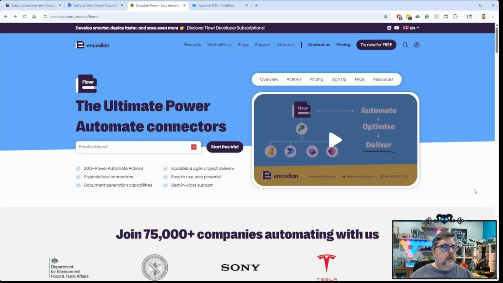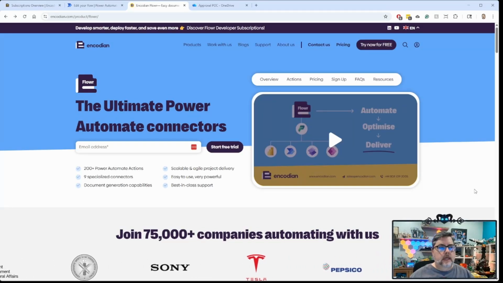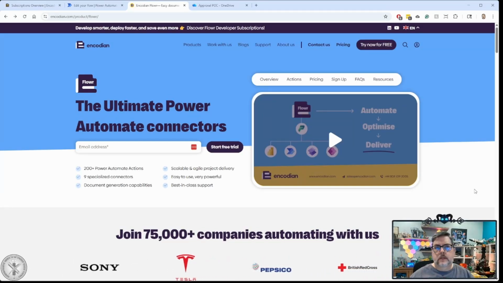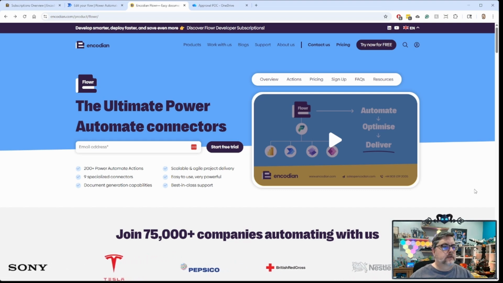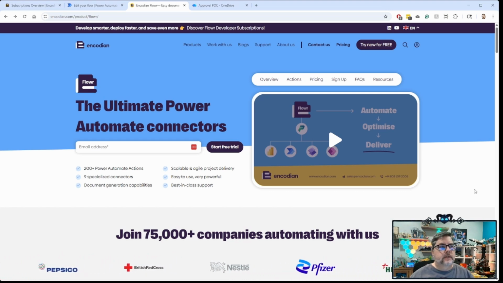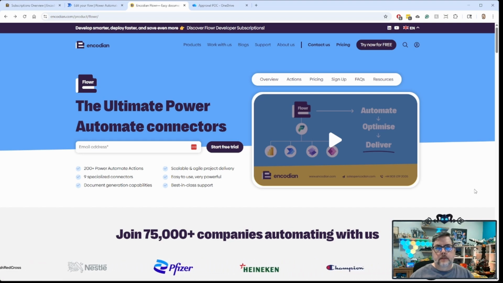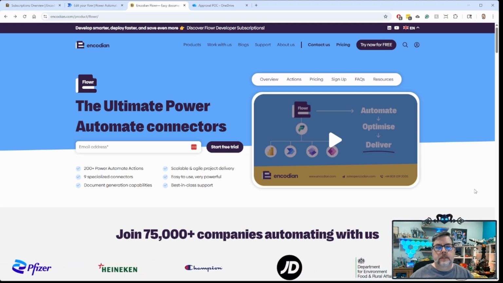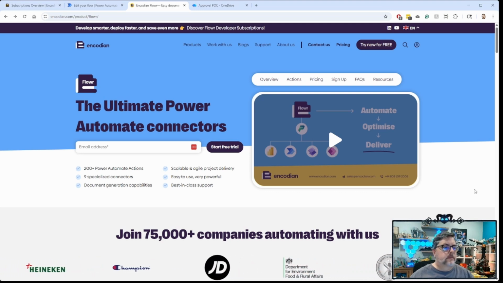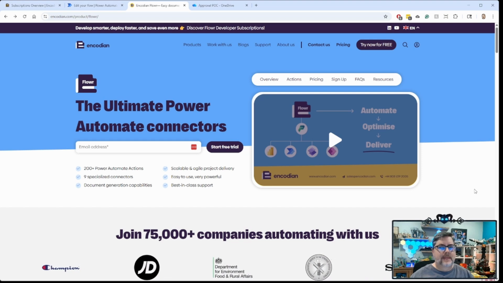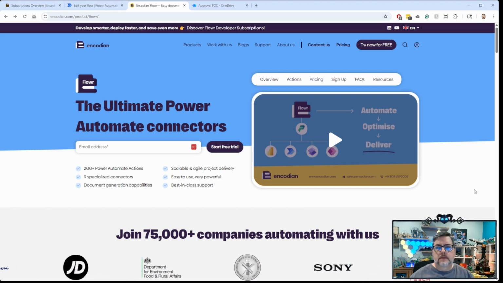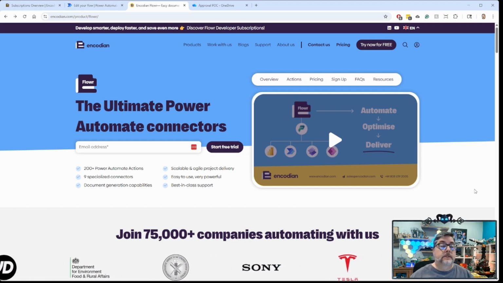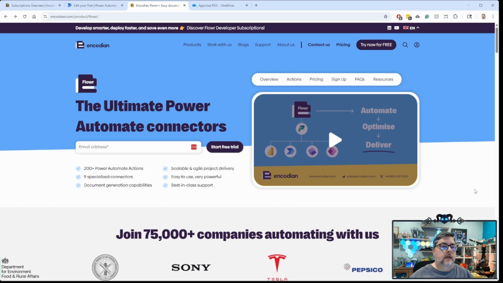All right, so this time around, we're going to start taking a look at the Encodian connectors that are available for Power Automate. There are a number of built-in connectors for working with Office documents and PDF documents within Power Automate Cloud. They're okay. They do a little bit, but there are a lot of limitations in what they're capable of